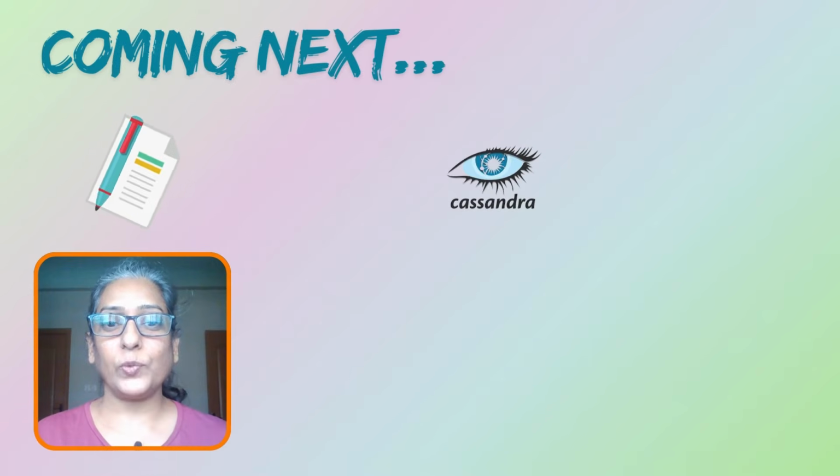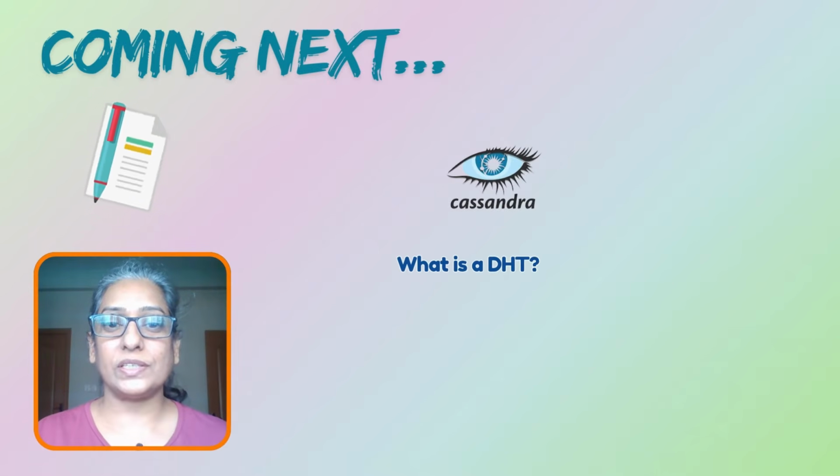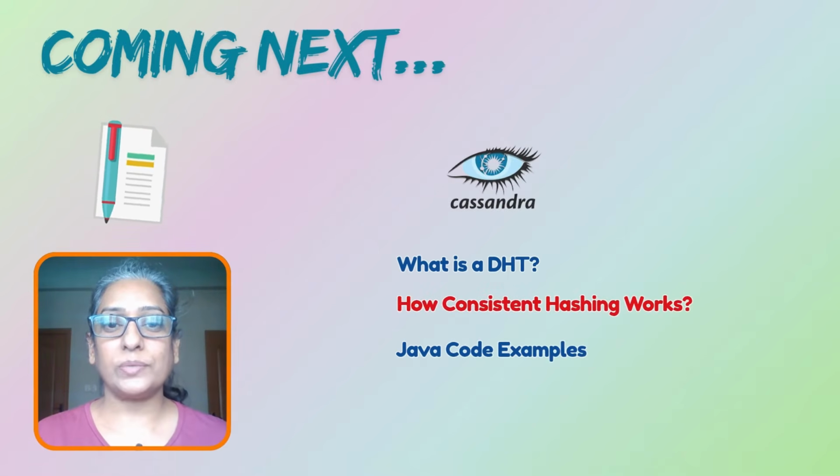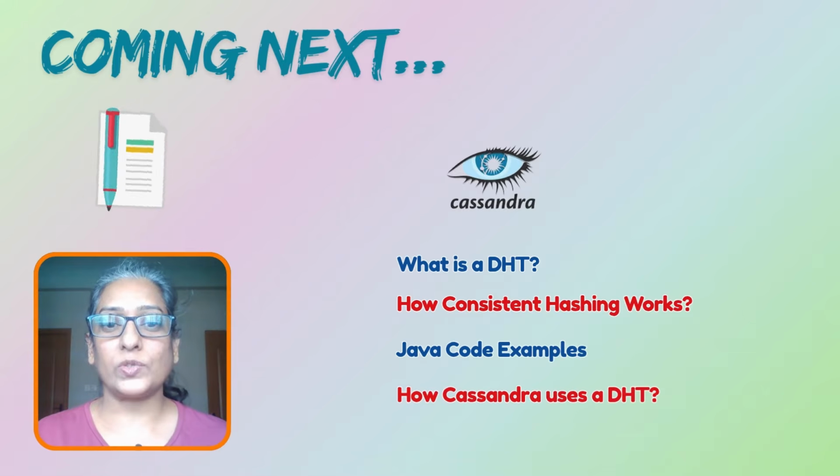In today's video, we will explore one of the most elegant concepts in distributed systems, the distributed hash table or DHT. If you have ever wondered how Cassandra, DynamoDB, or even BitTorrent distribute massive amounts of data across hundreds of nodes seamlessly, this video will make that concept crystal clear. By the end, you will understand what a DHT is, how consistent hashing works, and how Cassandra uses it to